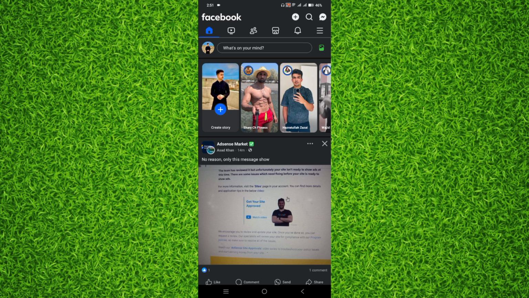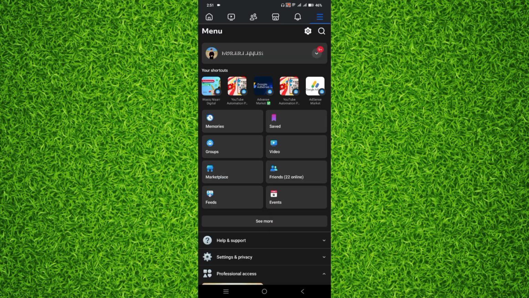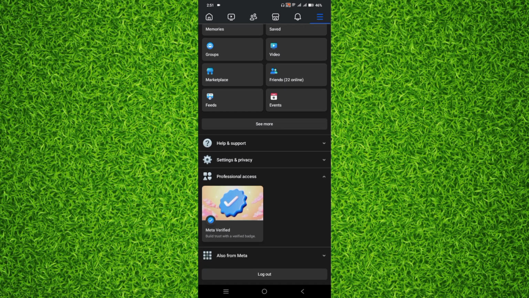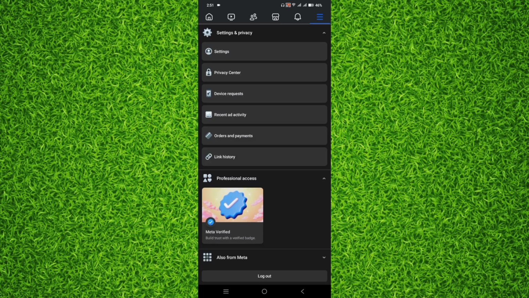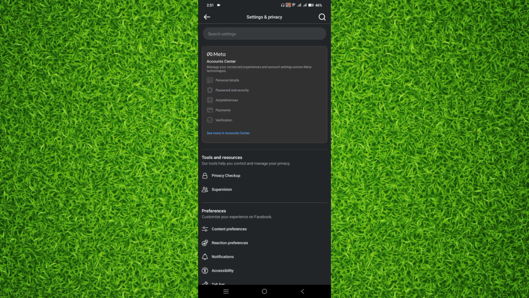So guys, first of all you'll have to click on those lines on the top right corner of your Facebook account. Now you'll have to scroll down and tap on settings and privacy, and it will pop up, and then you'll have to click on settings again, and it will take you to a new page